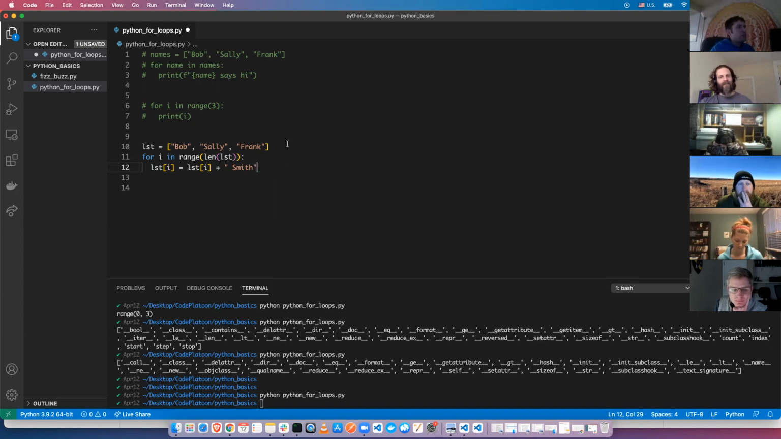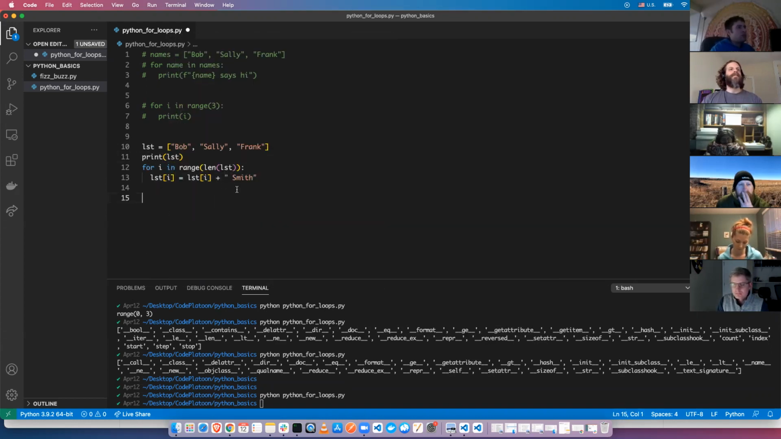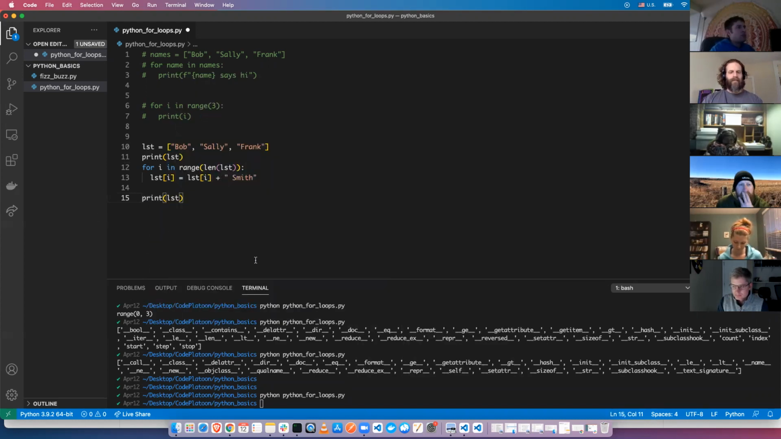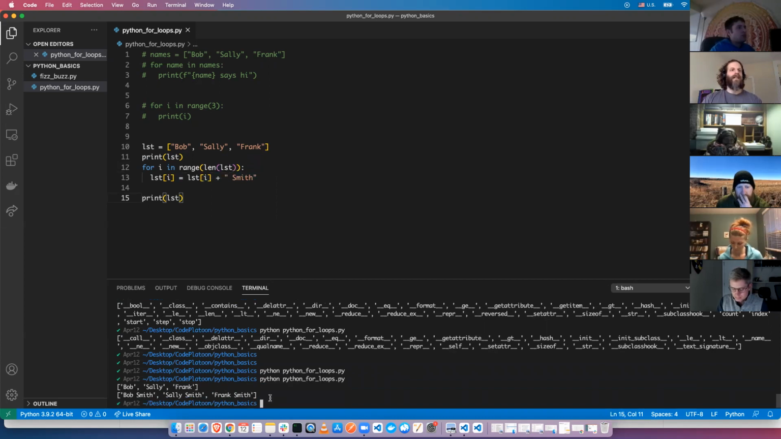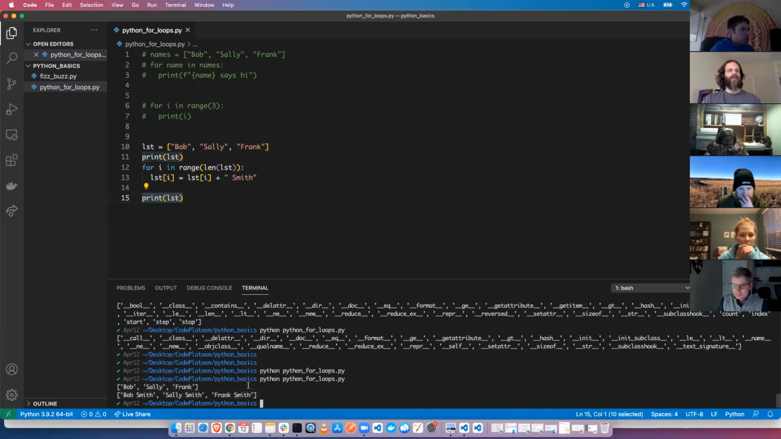So this is just something to be aware of. Sometimes certain methods modify the original array, and sometimes you want to do that, and sometimes you don't. I'm printing the list here before the for loop, and then after the for loop, and it has been changed. So what happens if I do this? Well,